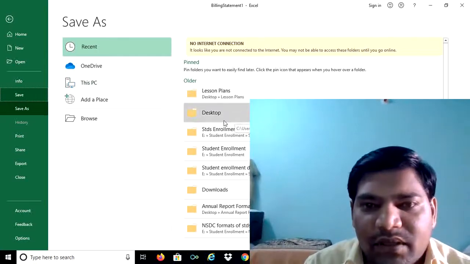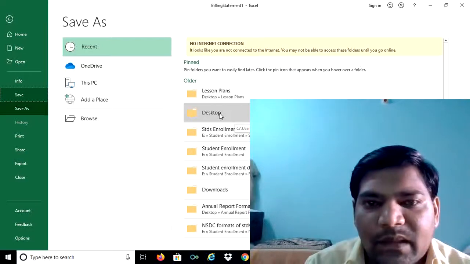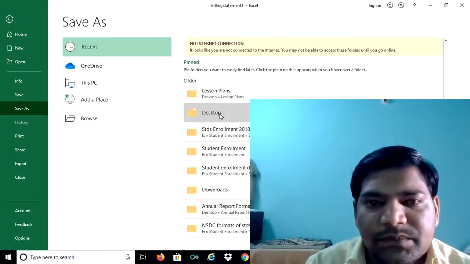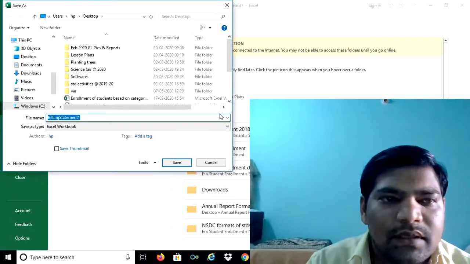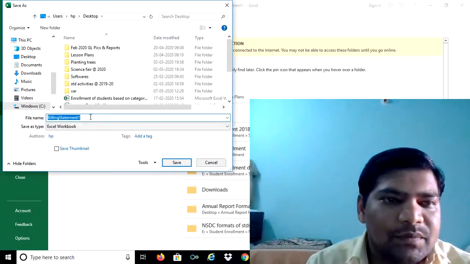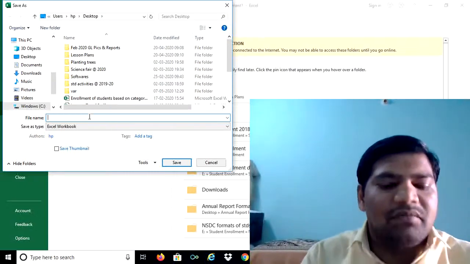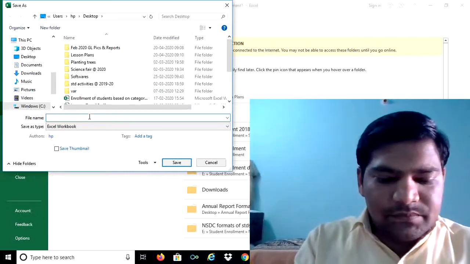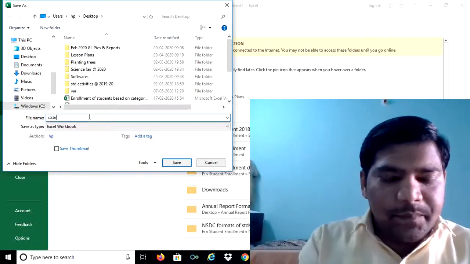Then where we have to save the file, we can choose the desktop. Then here we can get the file name. We can give the file name as it is, or if we want, we can modify it. Statement.